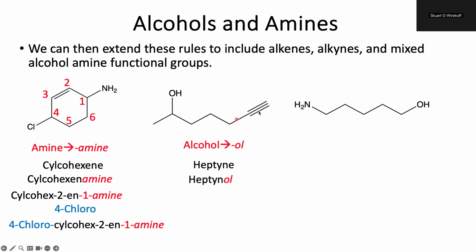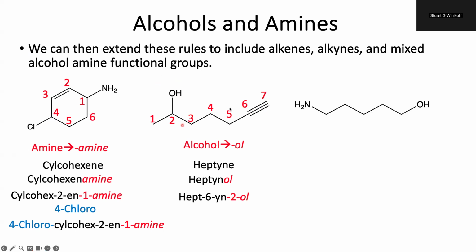Now this time, which means I have a heptyn-ol. So normally we try to minimize the numbering of the alkyne. However, the alcohol gets higher priority. So when I number the system, I'm going to give that alcohol the 2 position, again prioritizing the alcohol over the alkyne. So this means that I have a hept-6-yn